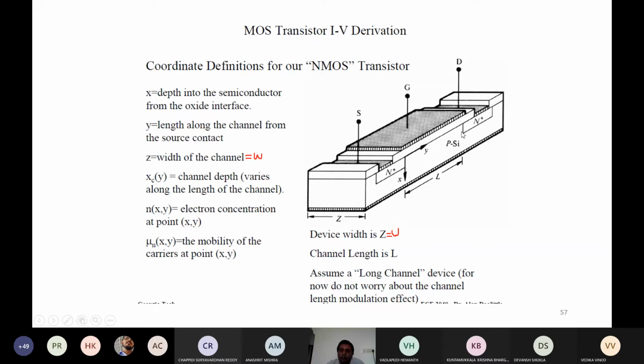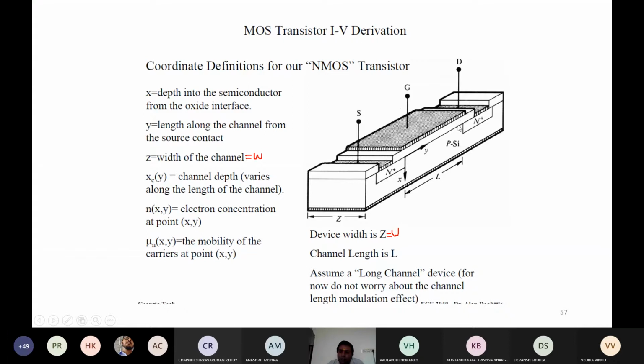Initially a uniform channel was created, but as operation starts, when the drain to source voltage is applied, a positive drain voltage, and the body is p type. Here the n plus diffusion is there. Drain is basically n plus diffusion. So this n plus and the p body are making a p-n junction, and this junction has a depletion region. As you make the drain voltage more and more positive, the depletion region of this p-n junction increases, and whatever current is flowing is taking electrons from here.